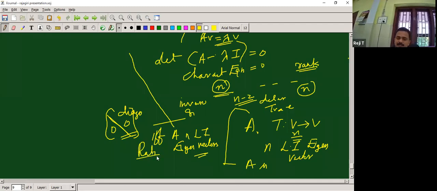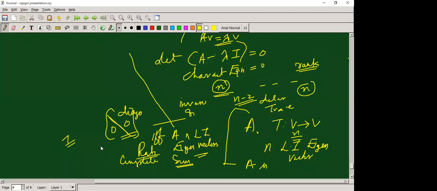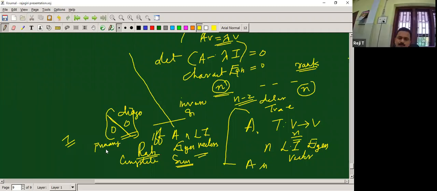So to determine the complete set of invariants of similarity, we need some more study. Then they are T-invariant subspaces. There we will get the minimal polynomial, characteristic polynomial and all that, and there we will get some primary divisors, and these primary divisors together with all these factors determine the complete set of invariants for the equivalence relation similarity.